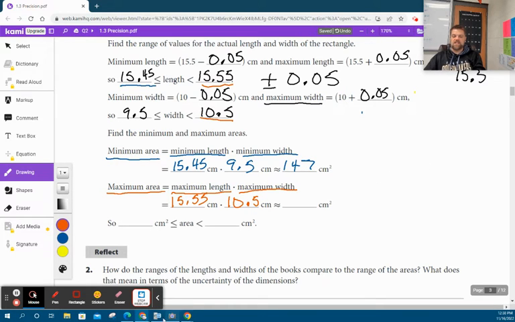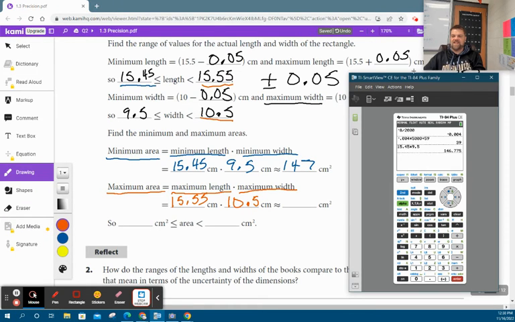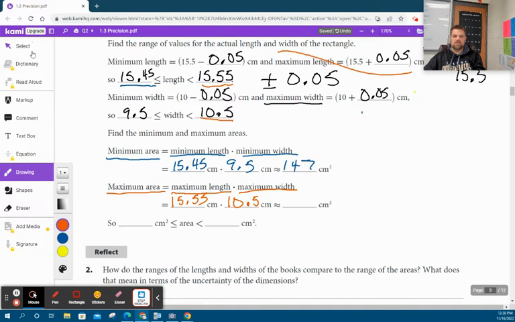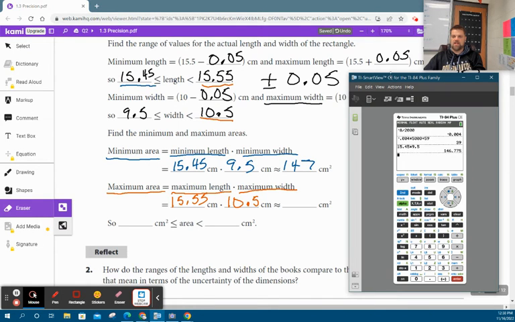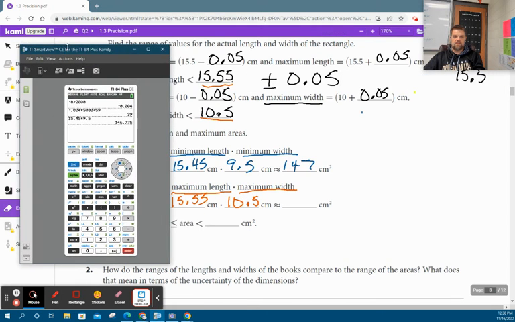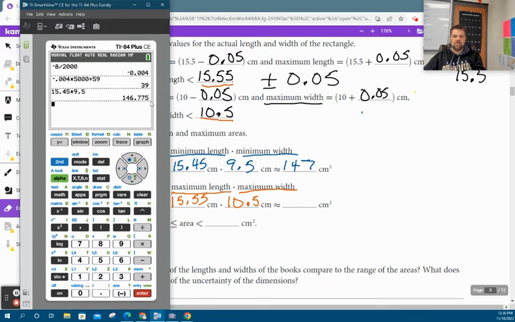Again, plug this into our handy-dandy calculator. Oh, I hate that because now I got to erase it. Make sure I click on the thing, make sure I extend this up. There we go. So I'm going to say 15.55 times 10.5. Well, bam with the bacon sizzle. And I get